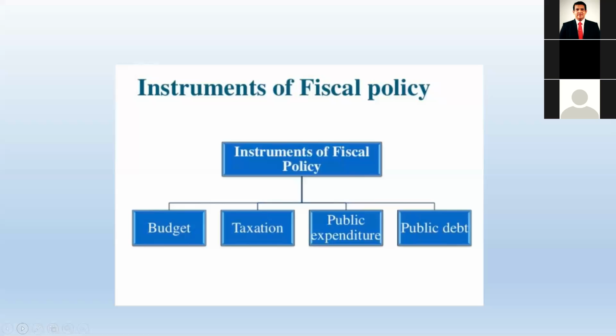And the last point, public debt. Public debt is defined as any money owed by a government agency. There are two types of public debt, internal borrowings and external borrowings. Internal borrowings are borrowings from the public, such as treasury bills and government bonds, and it also includes borrowing from the central bank. External borrowings include foreign investment, international organizations like the World Bank and IMF, and market borrowings. That's it